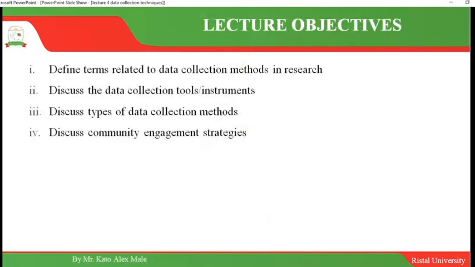Today's lecture objectives are as displayed here. We have 4 objectives to achieve. That is, define the terms related to data collection methods in research, discuss the data collection tools or instruments. We shall also discuss the types of data collection methods and we shall learn the community engagement strategies. How do you engage your community when you go to collect their data? Without wasting time,